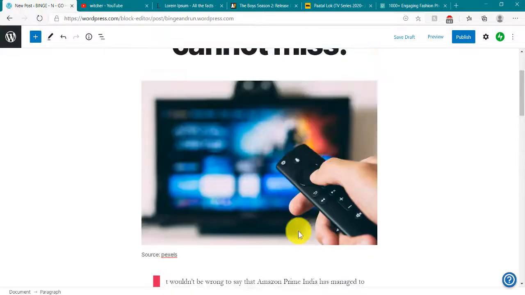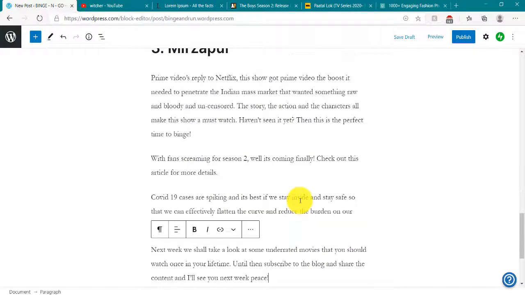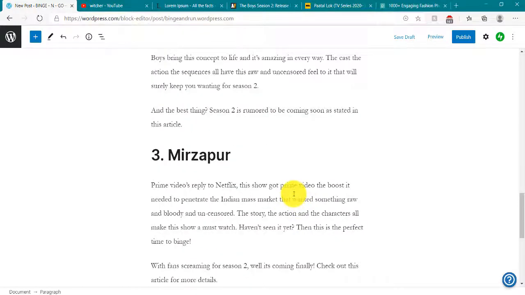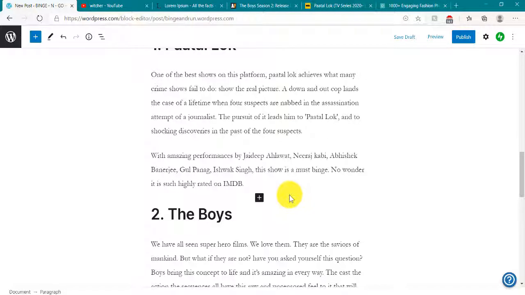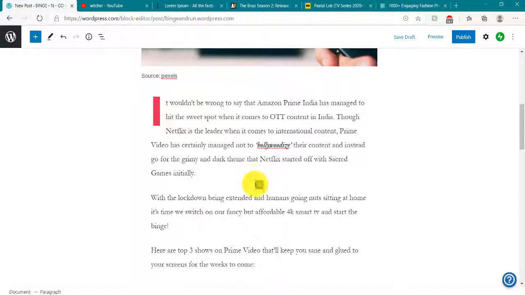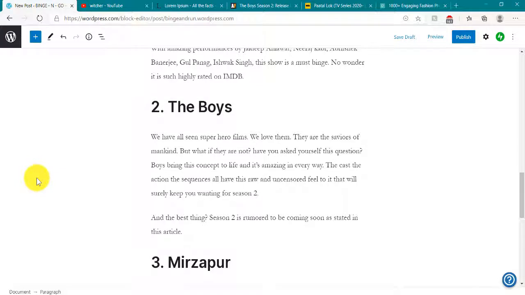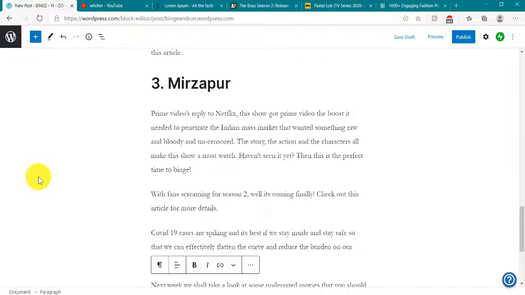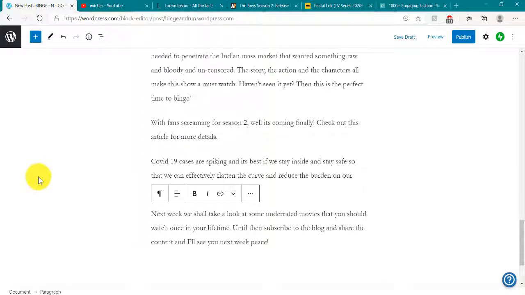Once we are done with this, let's see what the length of a blog post should generally be. Generally it should be a minimum of 1,000 words. I have not written that here for the time's sake, but generally a blog post should be 1,000 words, and it can go up to 5,000 or 6,000 words. Gone are those days when just 500-word articles would do the charm. People now expect long-form articles, and Google values long-form articles because it thinks they can provide more value. So if you're writing, include as much information as you can without making it boring and without repeating sentences. You want it to be very information-driven.